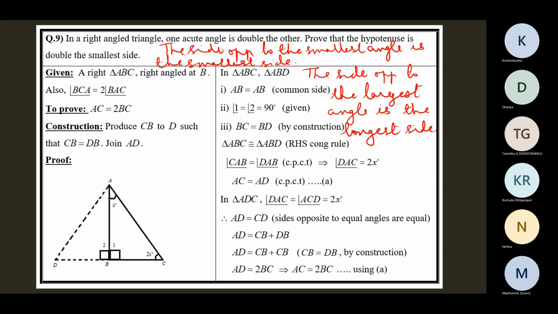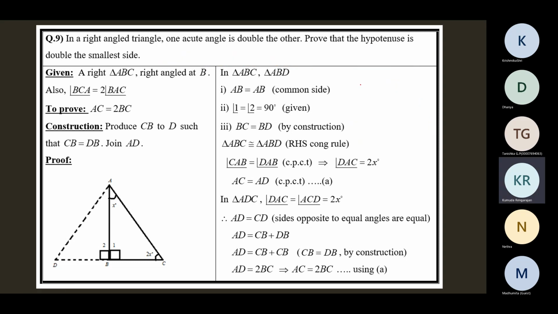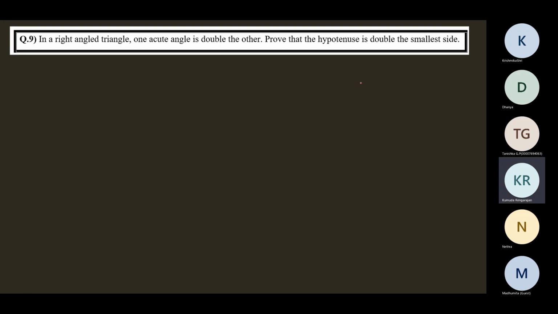So we have to prove that the hypotenuse is double the smallest side. We know that the hypotenuse is the longest side. So now we have to identify the smallest side. The side opposite to the smallest angle is the smallest side. So in the right triangle, see here,